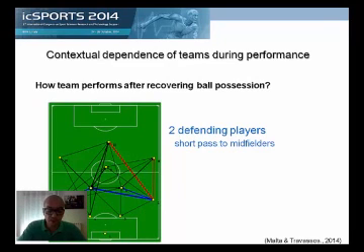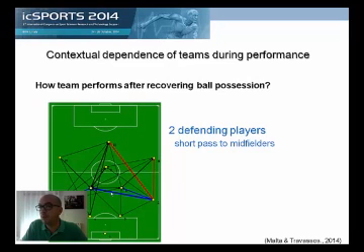when the ball carrier was surrounded by 2 or fewer defending players, he passed the ball to midfield players with short passes, as we can see by the blue lines. So we analyzed the ball recovered by the two wing defenders, and we tried to understand the differences in passes of wing defenders after ball recovering. So we observe that when this player is surrounded by two defending players, they tend to